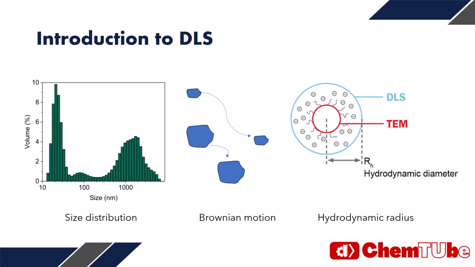Dynamic light scattering is a technique that non-invasively measures the size distribution of particles suspended in solution. It leverages the concept of Brownian motion, which is the random movement of particles due to collisions with solvent molecules. DLS examines fluctuations in light intensity scattered by these moving particles, providing critical information about their hydrodynamic diameter and the range of sizes within the particle population, known as polydispersity.